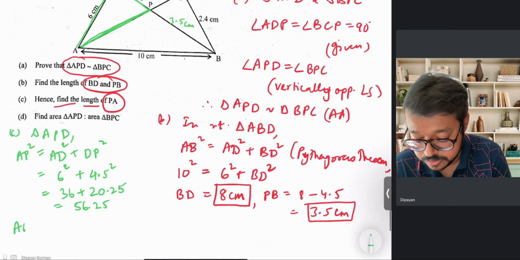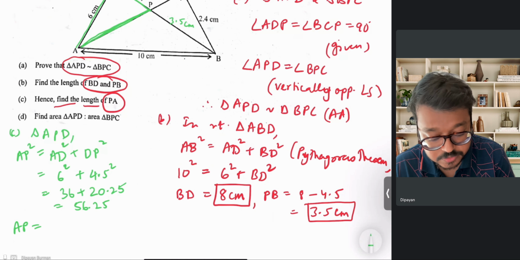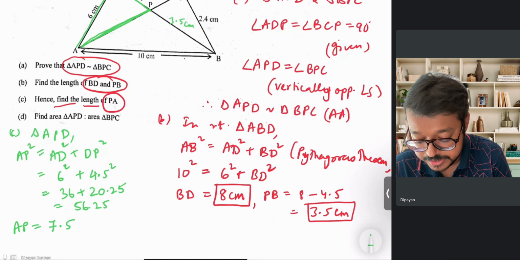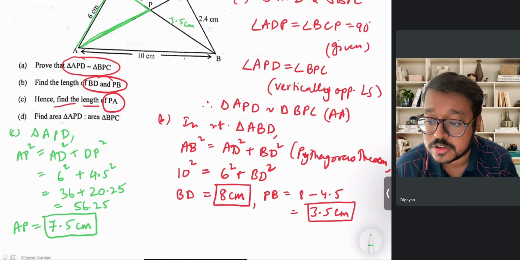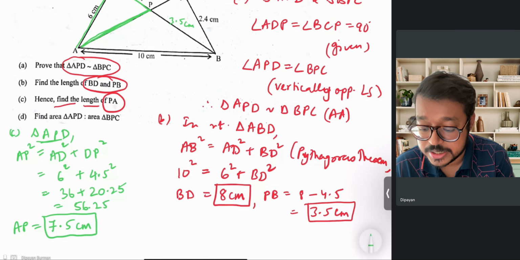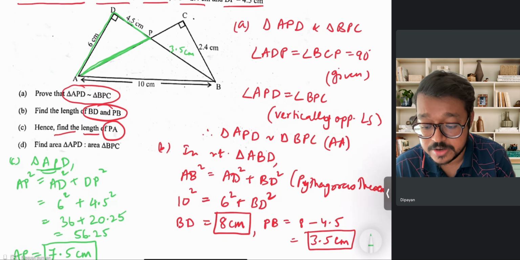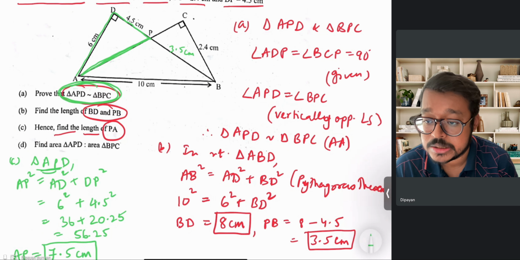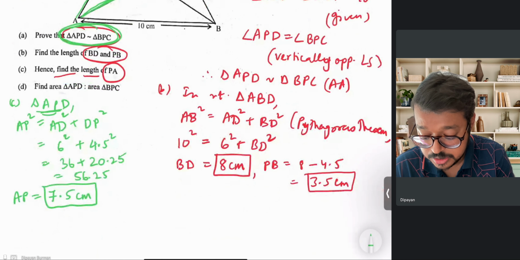AP will be square root of that. And if you calculate the square root either by factorizing or by long division of square root, you will find AP is 7.5 centimeter. So this is one possible answer which will be accepted, the length of PA 7.5 centimeter, by applying Pythagoras theorem in right angle triangle APD. But another possibility is also looking at the pair of similar triangles. We have already proven that APD is similar to BPC. So if I had applied that, so alternate method, method 2